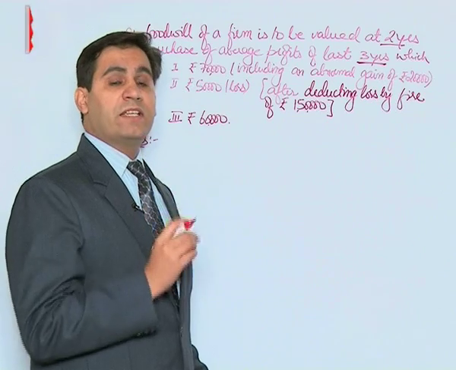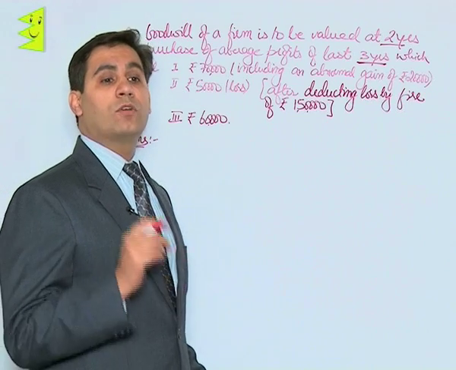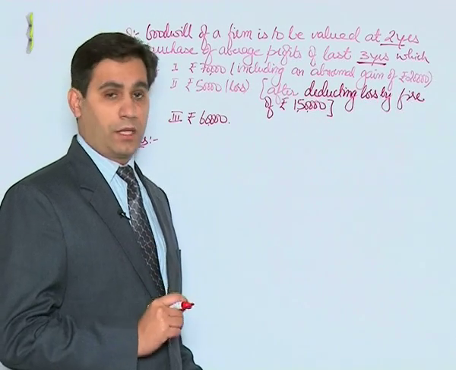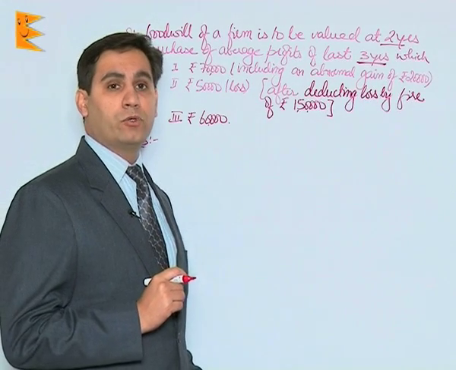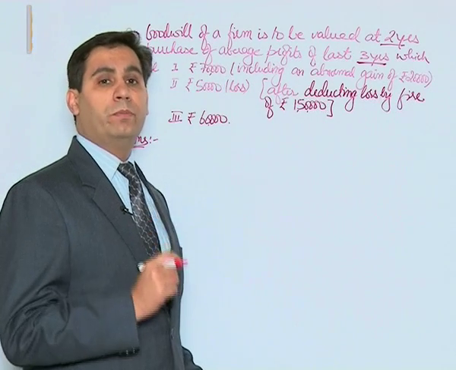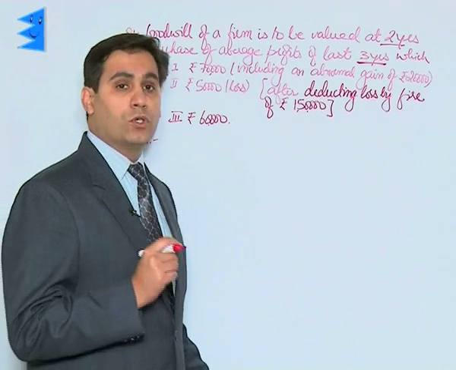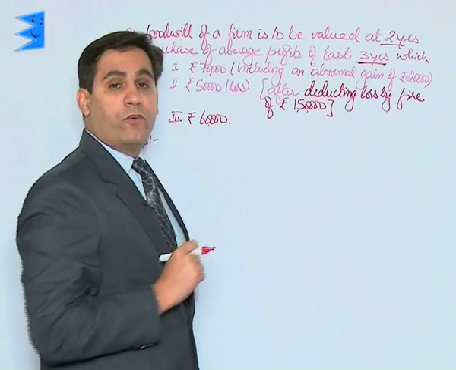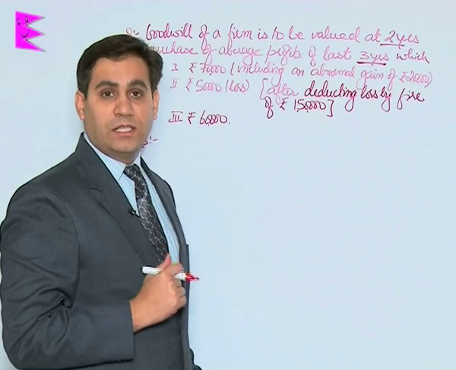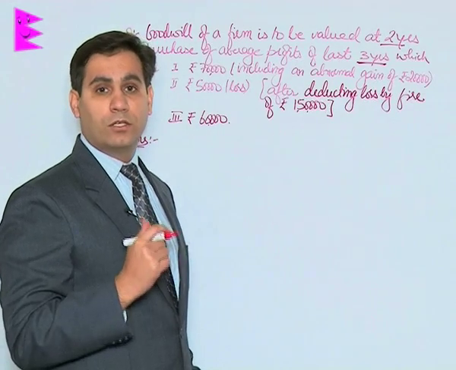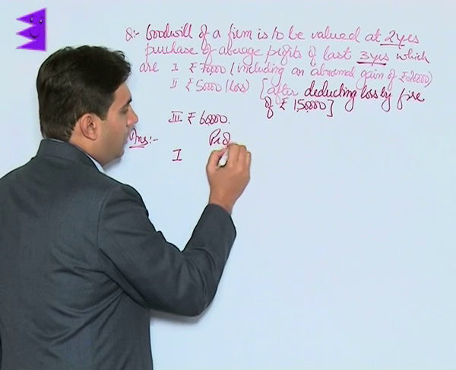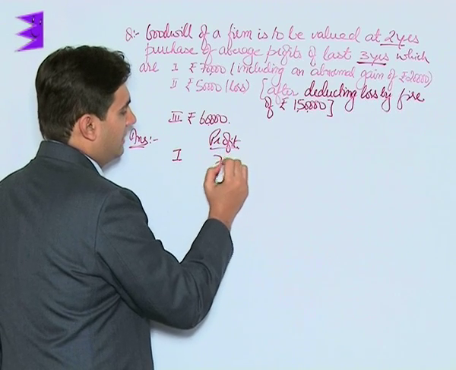Now students, make this thing very clear in your mind that goodwill is always based on normal and operating profits of a business. Any abnormal item included in profits or non-operating item included in profits should be excluded. So we will make an adjustment for converting these profits into operating profits first, and then we'll proceed to calculate goodwill. So for year 1, the profit that is given is 70,000,